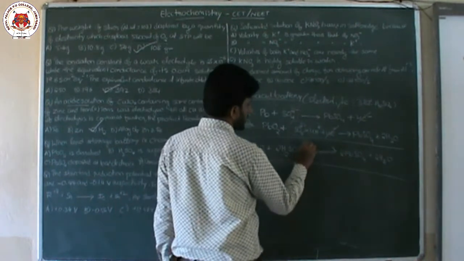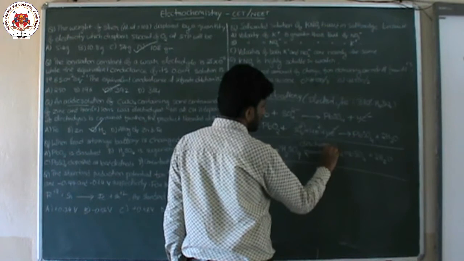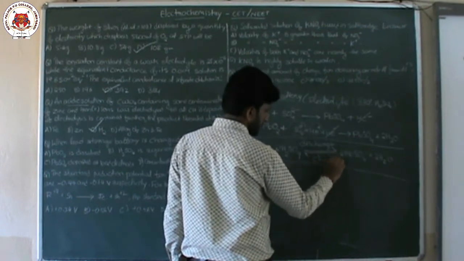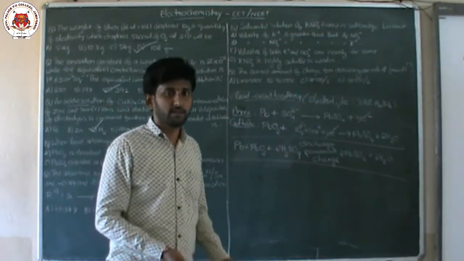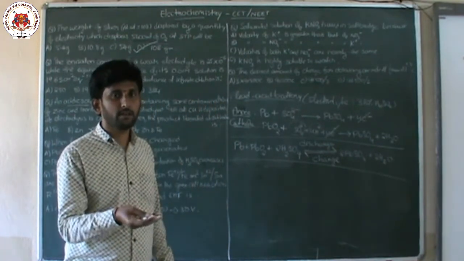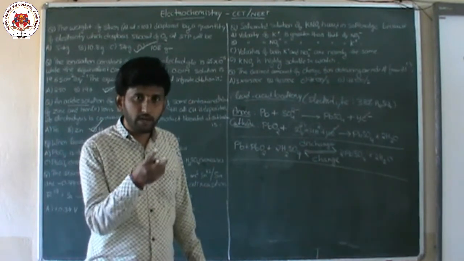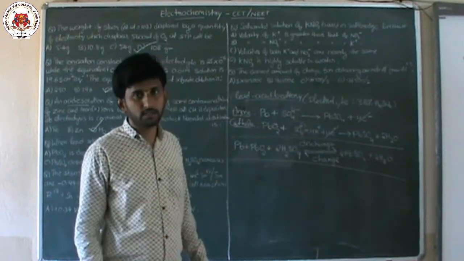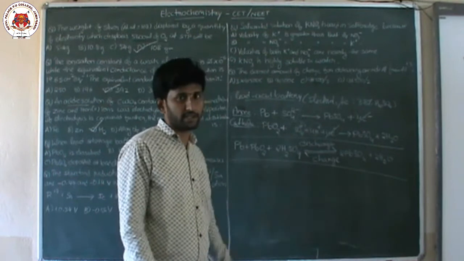Forward reaction is called discharging. Backward reaction is charging. Meaning is, when this forward reaction takes place, cell gets discharged, means you are taking electrical energy from lead storage battery. And when you connect the lead storage battery to an external source, or when you are doing charging, then backward reaction takes place.